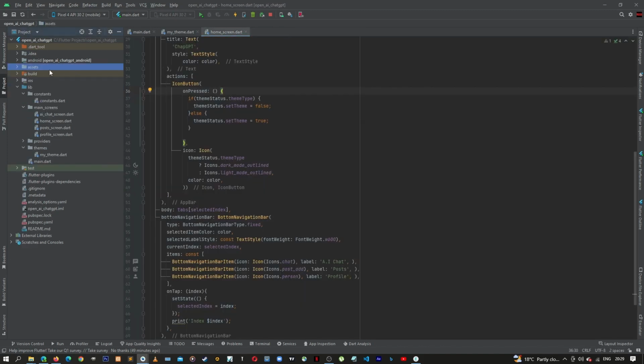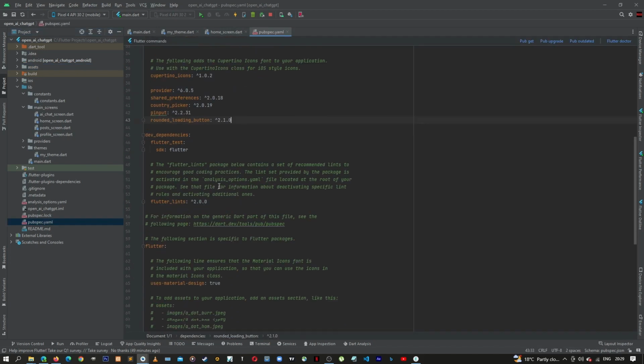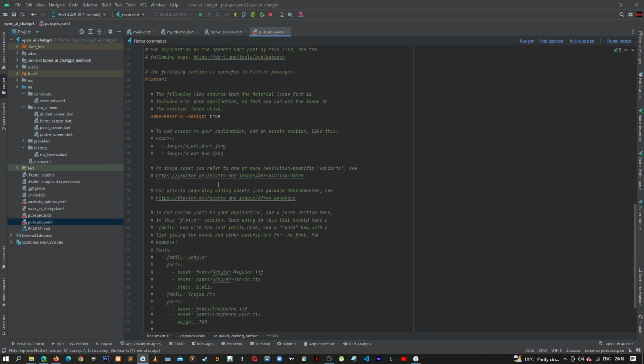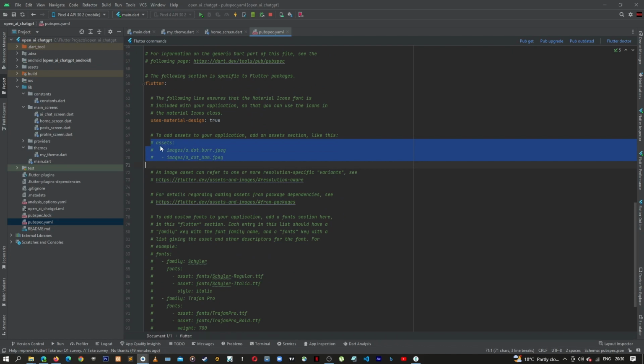To be able to use these assets, I'm going to go back to pubspec.yaml file, and then here where there is assets, I can uncomment this and move it so that it aligns with everything else with this material design. And then I'll also uncomment this, then move this to, should be directly below that second S. And then I'm going to rename this to assets, and then